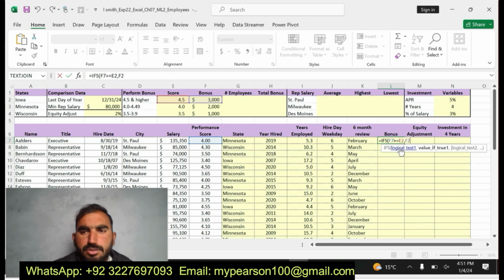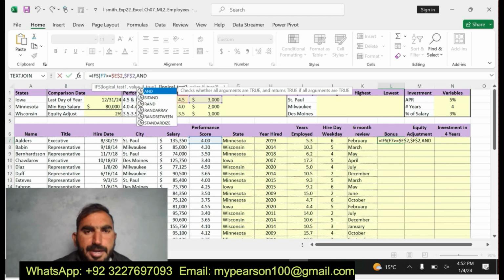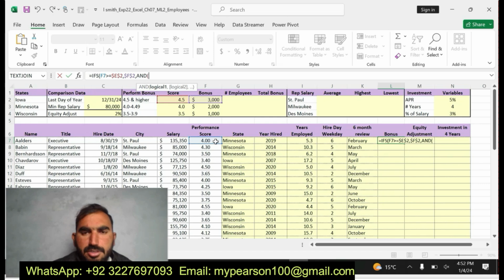F7 greater than or equal to E2, comma F2. Okay, you can see here I am going to do the IF function. Okay, I have done, and now I am going to complete, comma, and start the IF function, and F7 greater than or equal to.